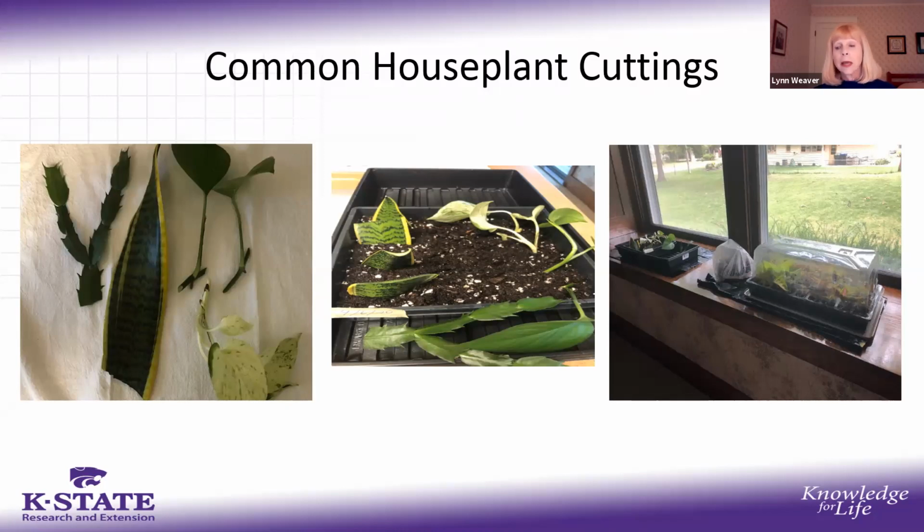For completeness' sake, I should mention that you can propagate African violets and Rex begonias from individual leaves, but time constraint does not really allow me to go into that. In the right picture there, you see my happy place. I've got my humididome and my shower cap 6-pack and my open flat there waiting to root.